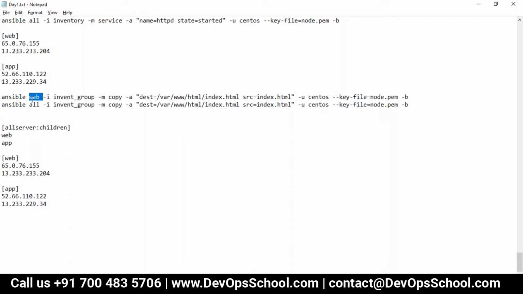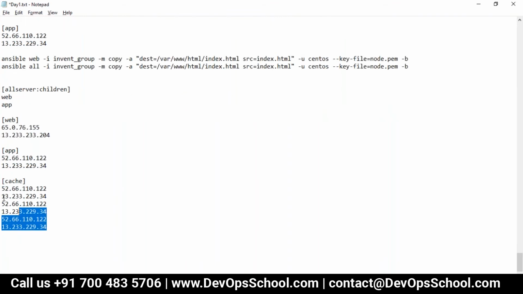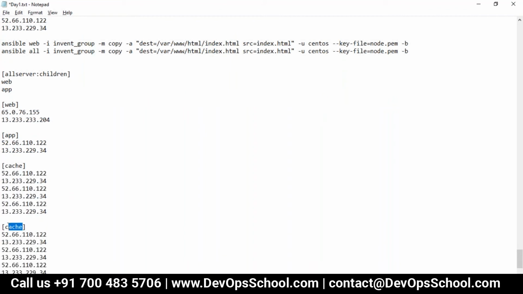Make sense, guys? So what is the use of group of groups here? Group of groups is a way to manage your server combinations. Let's say you have so many servers. Let's consider this one. You have a cache server. This is another group. Now you want to create, for automation purposes, a GTY server.